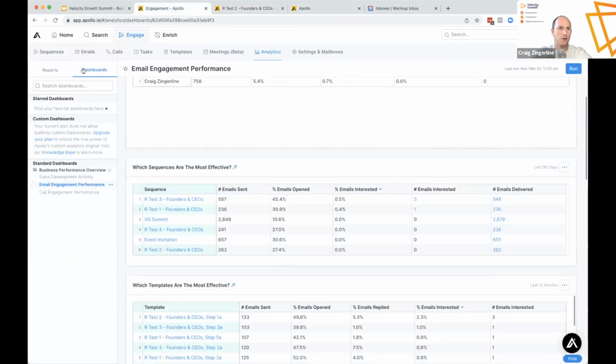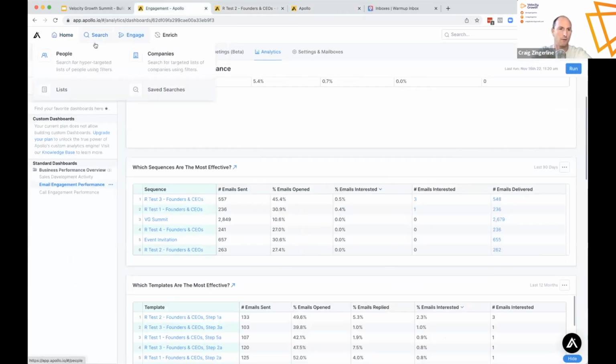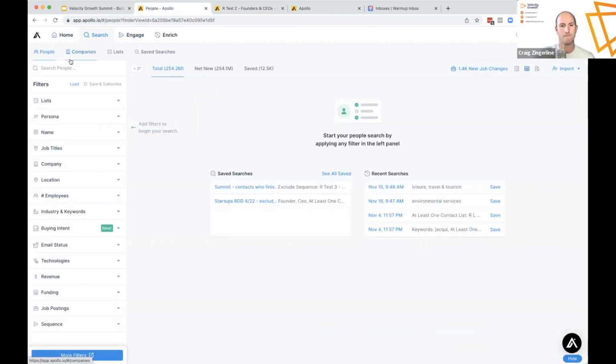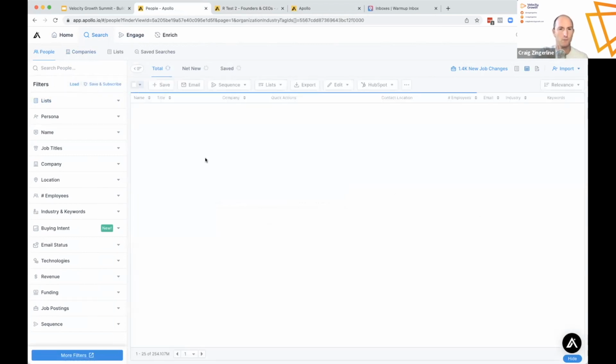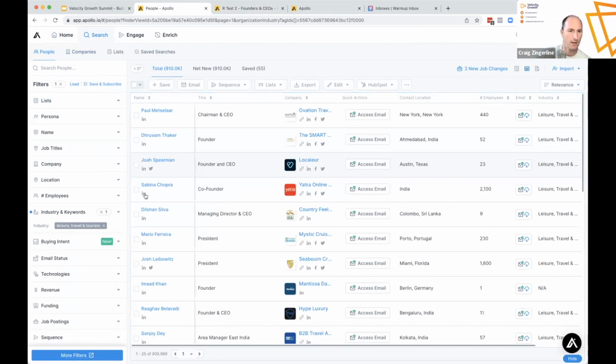And the last thing I want to show you in here is just how some of the searches work. So I can pull together, I don't know, let me check this out. This one is, yeah, just one that I was playing around with. So industry is leisure, travel, and tourism. There's 910,000 people in that audience. So there's no way, that's just not targeted at all. Okay, well, what if I said that I want to target